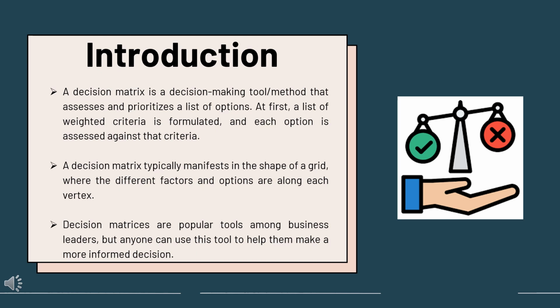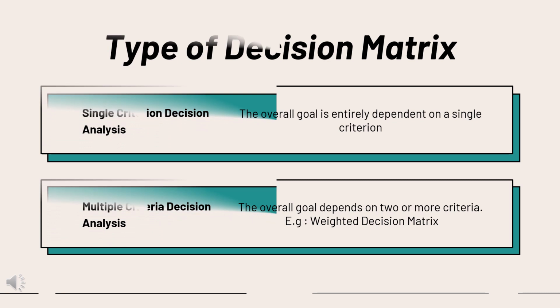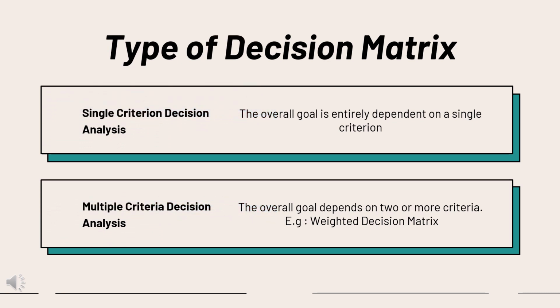A decision matrix typically manifests in the shape of a grid, where the different factors and options are along each vertex. Decision matrices are popular tools among business leaders, but anyone can use this tool to help them make a more informed decision. There are two types of decision matrix, which is the first one is a single criterion